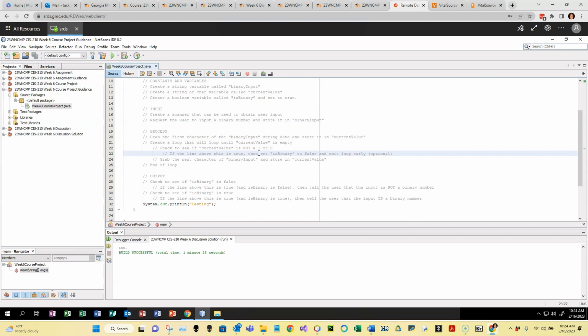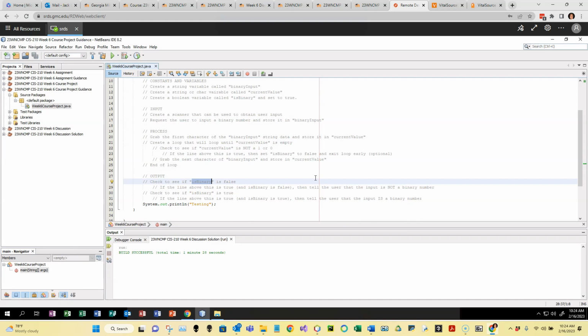So you just have to set is binary to false one time, because it's set to true up here, but if it's set to false here, then for sure it's set to false. There's nobody else going to be setting it to true. And that's key, because once you loop over all the characters and all the characters have a chance to set is binary to false, when this loop is done, what we can do is just check that is binary